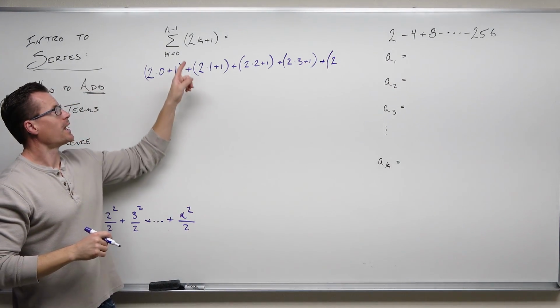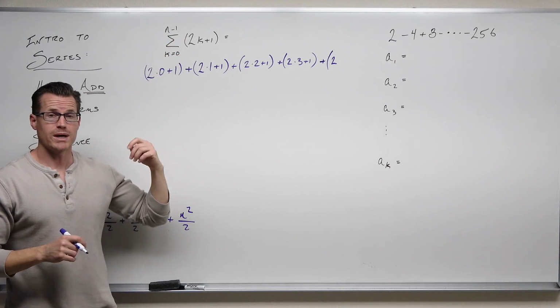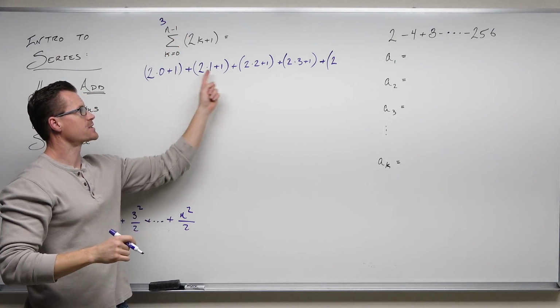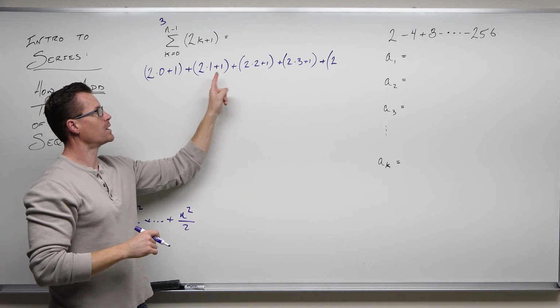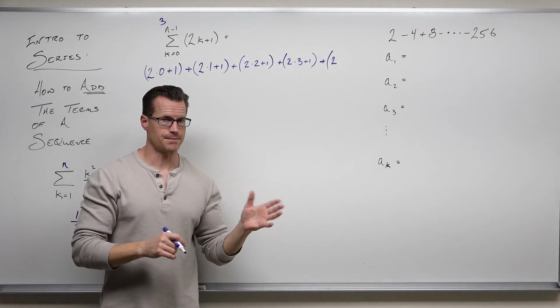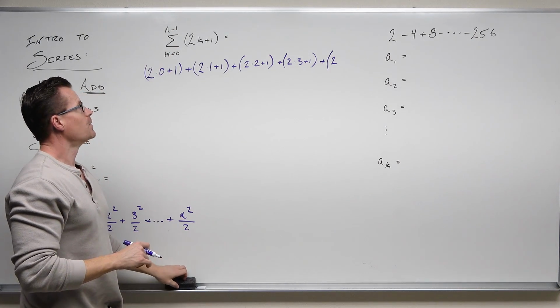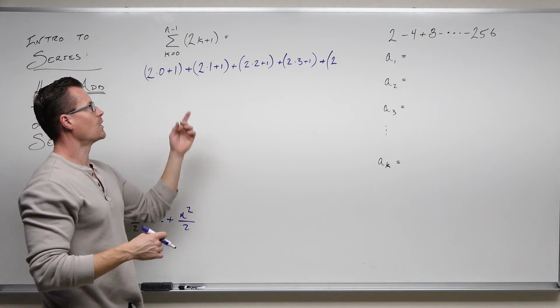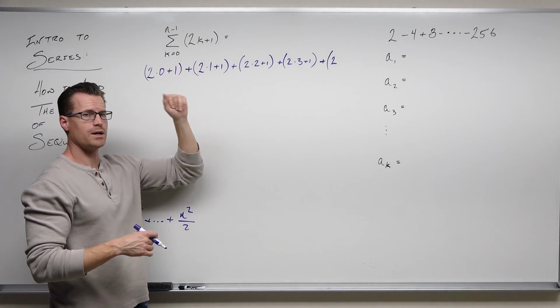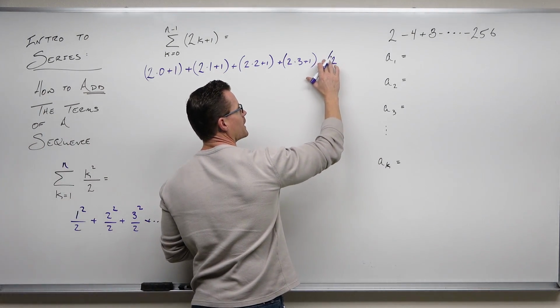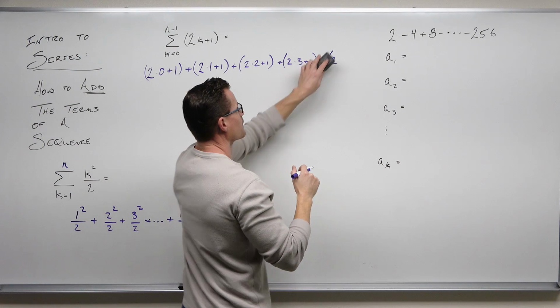take your 2 and plug in whatever that is. If we had just watch this, if we would have had a 3 here, this is where we would stop. We would plug in 0, 1, 2, and 3, and we'd be done. That's it. That's where we'd stop. That's all we do. But if you have an n minus 1, then you're going to go, okay, I'm plugging in 0, and then 1, 2, 3, 4, 5, 6, and so on, going right down here,